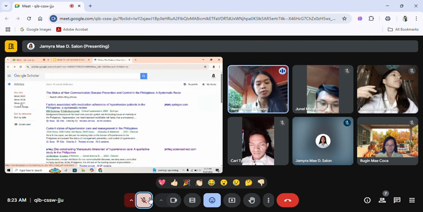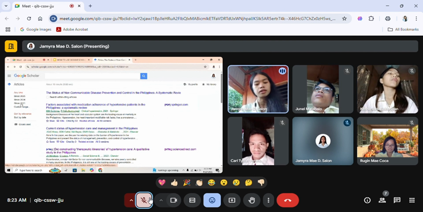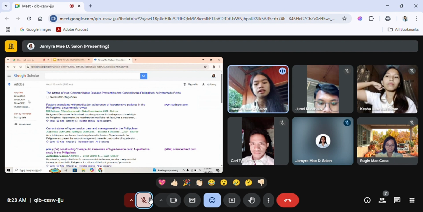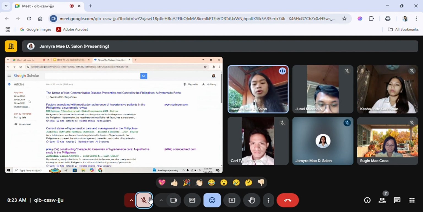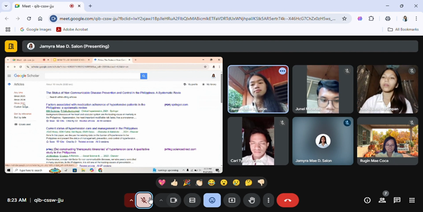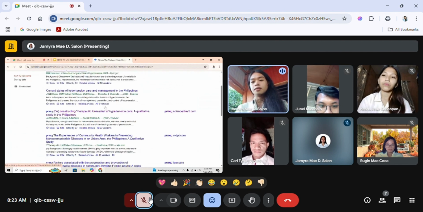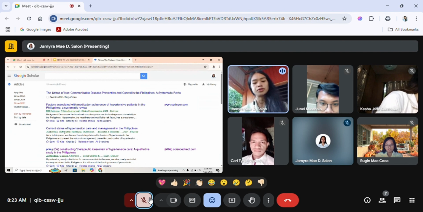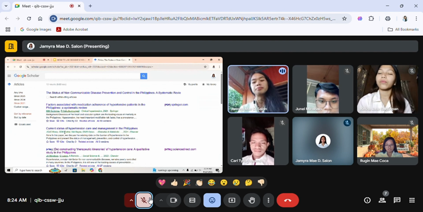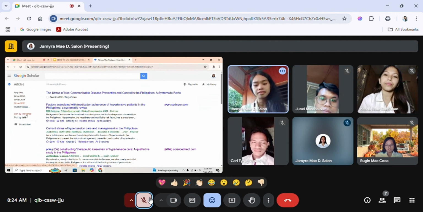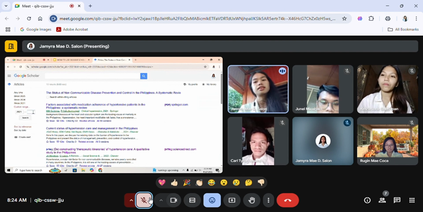So for example, just click 2021 to only view articles published from 2021 onwards. So, ito po siya. And a custom date range. Kung gusto mo naman ng sariling timeline, pwede ka rin mag-set ng date dito. You can just set the date here.